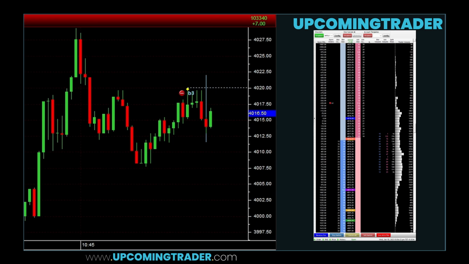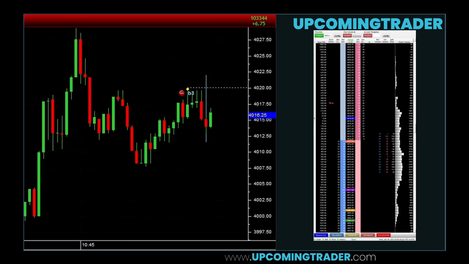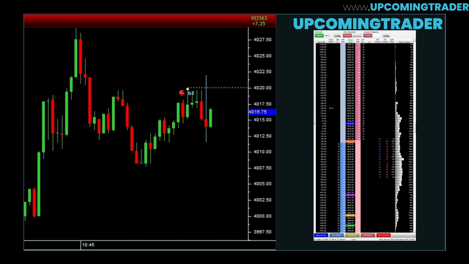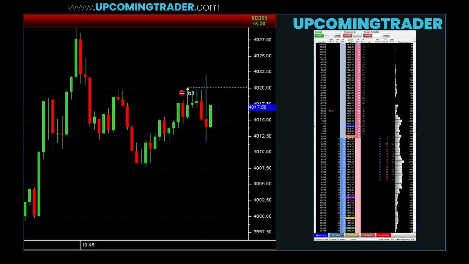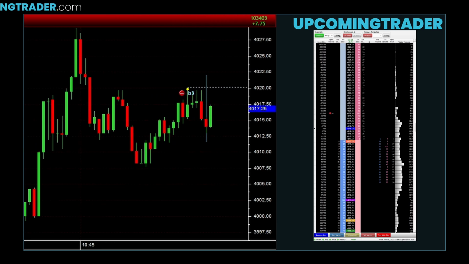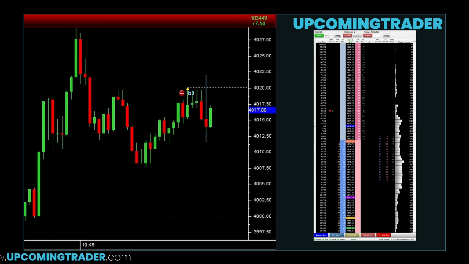to rise. This profile has a concentration of activity at the lower end and a tail extending upwards, indicating buying pressure. The P-shaped profile generally forms after a strong up move, followed by some consolidation. This indicates that the buyers are in control, but the market may need to take a breather before continuing the upward movement. Traders often look for opportunities to enter on pullbacks to the point of control or support levels within